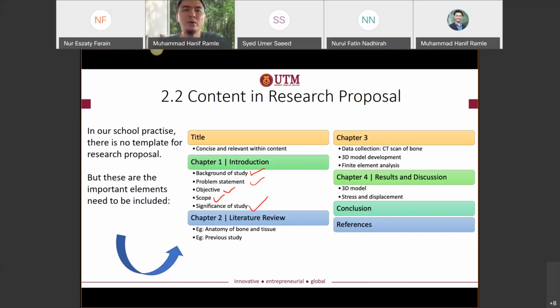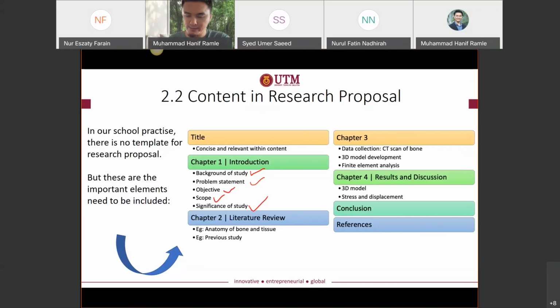Okay, for example, data collection. Okay, if you are dealing with the patient, maybe you will collect the data from the patient. And of course, if you are dealing with a patient, you have to make sure that you obtain the ethical approval. I believe that some lecturers already covered the ethical things in this research methodology class. And I believe that your supervisor also reminds you to get ethical approval if you are dealing with patients, or volunteers or animals. Okay, anything related to living organisms, you have to have ethical approval.